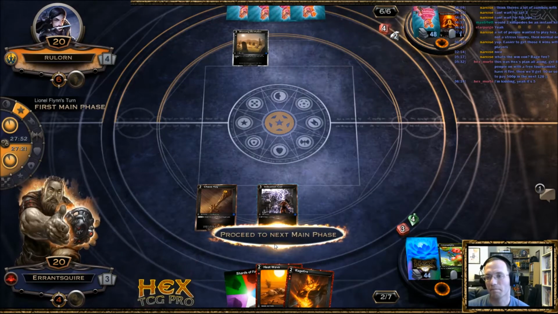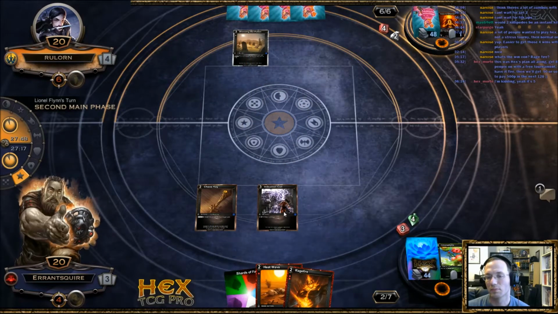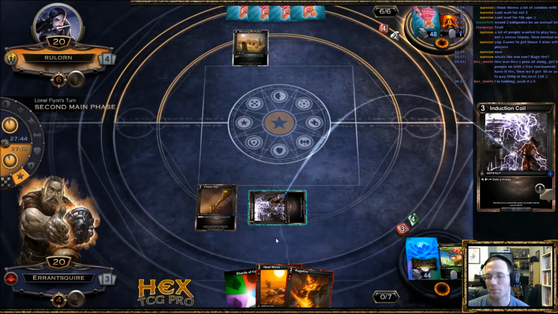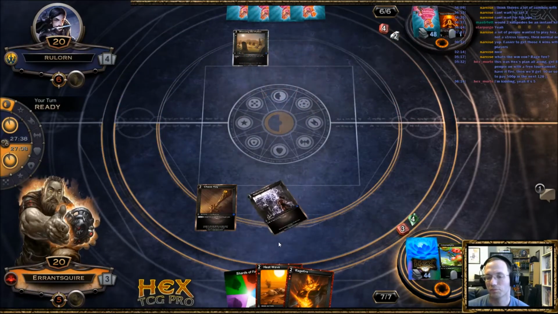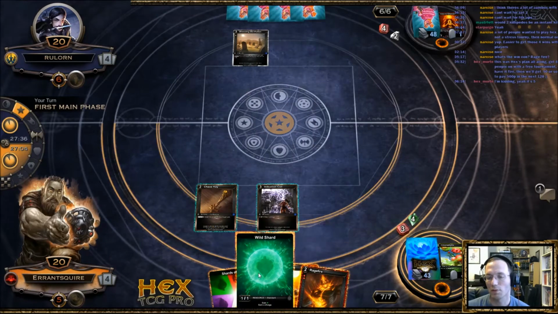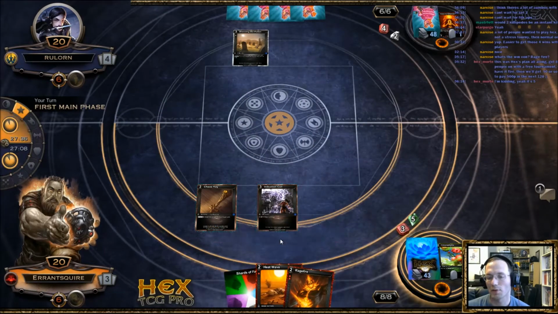Looks like he's flooding to me. Eventually I'll draw a threat. I'll draw my Crash the Beast. Might as well just play that. Just pass the turn back to him. No real plays here, so...